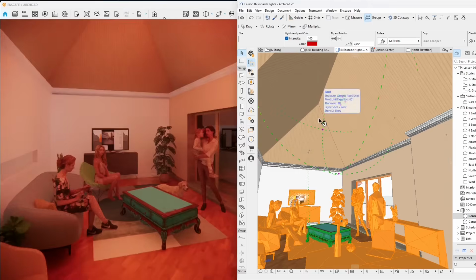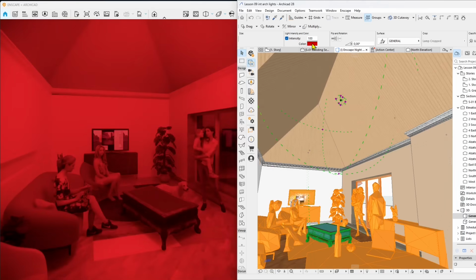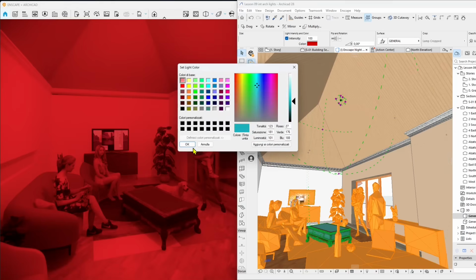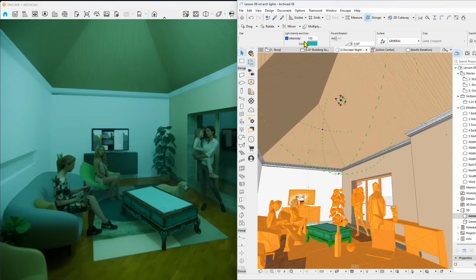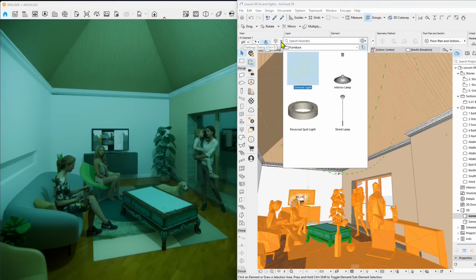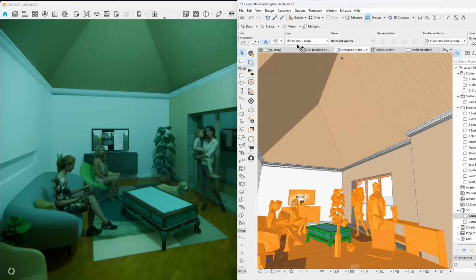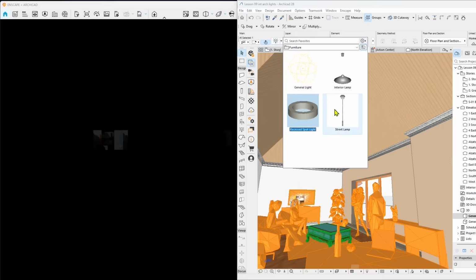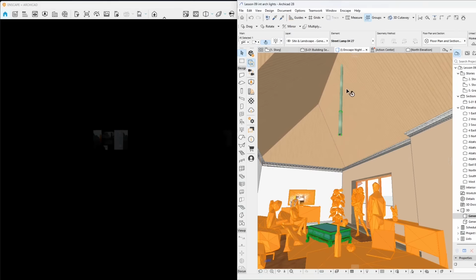My suggestion is play with the lights, not maybe radically like this, if it's not a club or whatever. Just play with the colors, because the combination of colors, positions of the lights, and intensity give you three-dimensionality. They give you a more interesting final effect. And you can also check the three-point lighting technique in the Enscape course, and in other video guides in the channel.